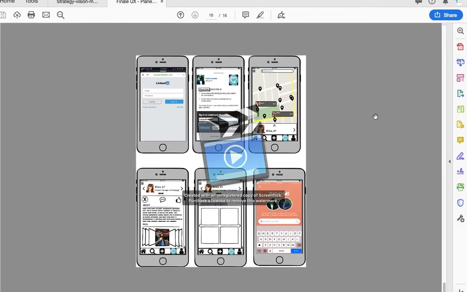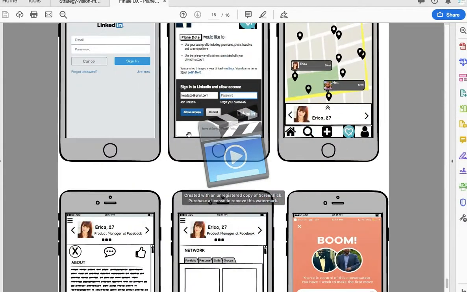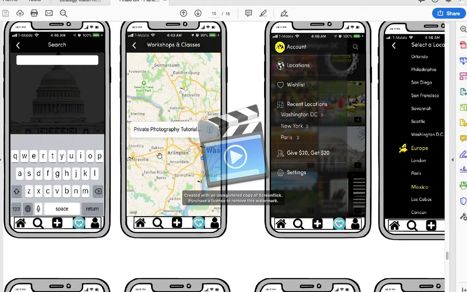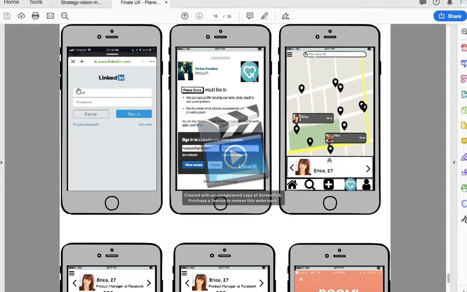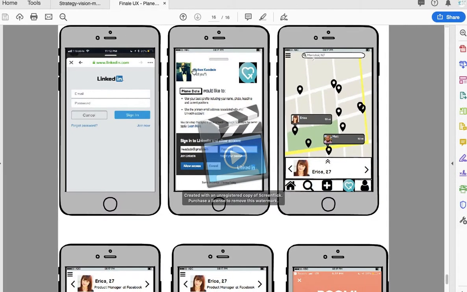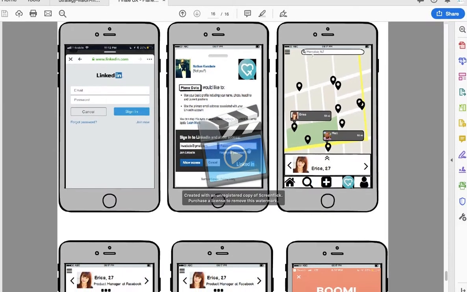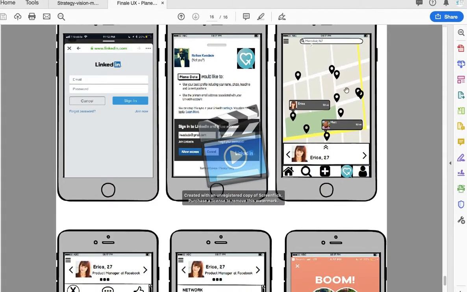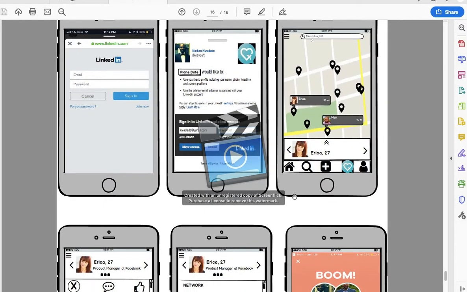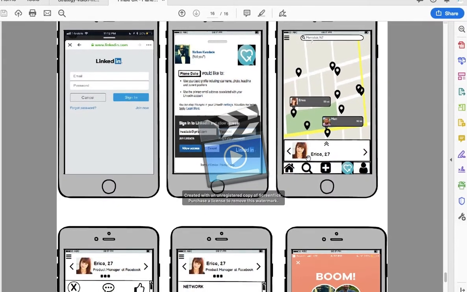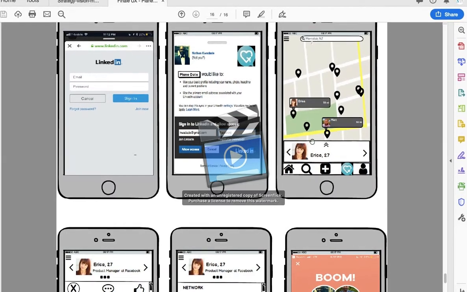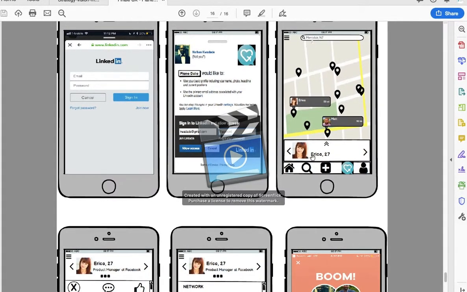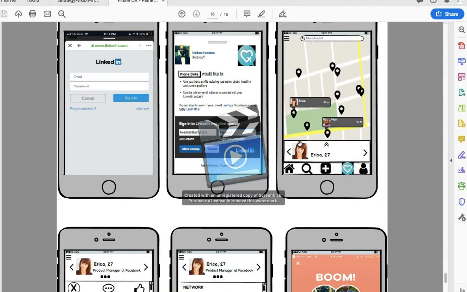By that I mean, we have this screen. Let's go back. We have this screen, which is great. So we sign in, and then we want to show how it connects with LinkedIn. And then the only thing, again, is the same map view. The only thing that changes is the persona: we have Erica, we have Matt. Maybe we'll pick some other name or gender, and you can vary it out. You can use an Asian, you can use an African, so there's some diversity in it.